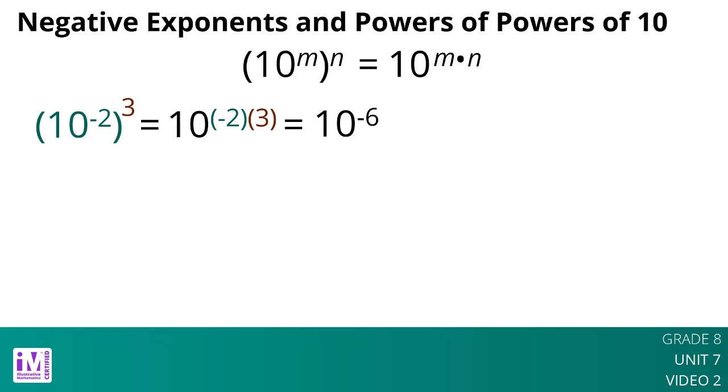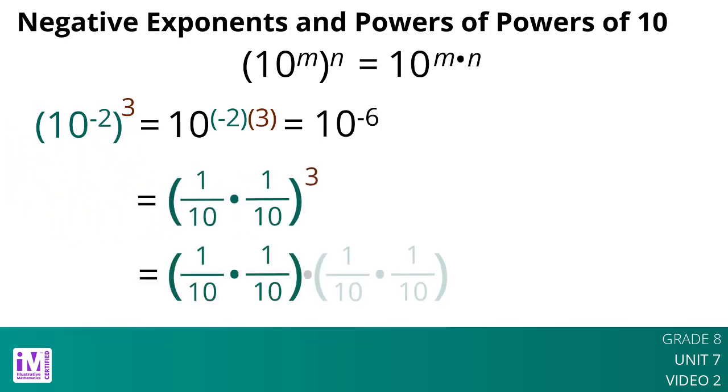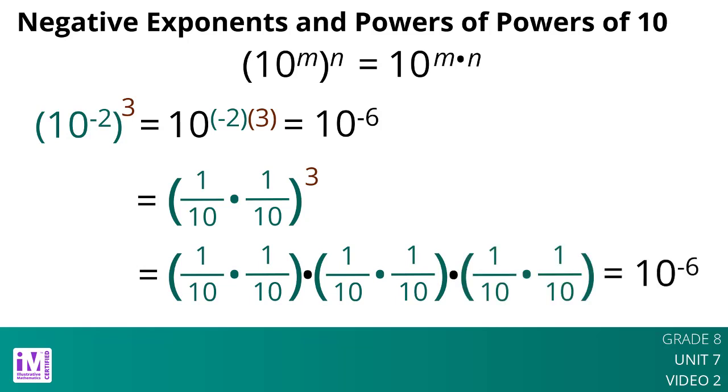To see why, notice that 10 to the negative second power equals 1/10 times 1/10. Using this, we see that 10 to the negative second power to the third power is the same as 10 to the negative 6th power. So far, we have focused on powers of 10 because 10 plays a special role in the